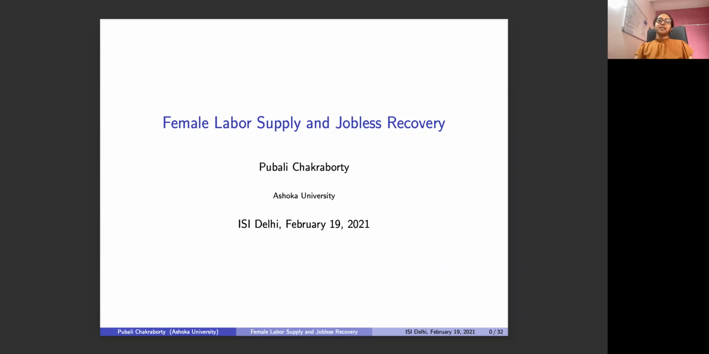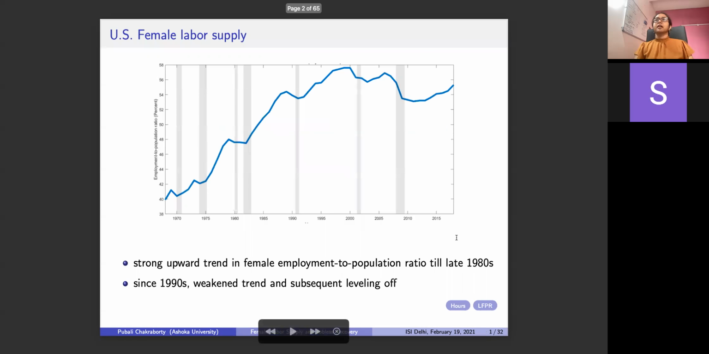So today I'm going to talk about my paper, which essentially studies the connection between two aggregate phenomena in the US. One is the secular change in female labor supply, and the second is this phenomenon called jobless recovery, which has been occurring in the last three recessions in the US, wherein aggregate employment recovery is weak and essentially lags the rebound in aggregate productivity. So let me start by showing the evolution of female labor supply in the US over